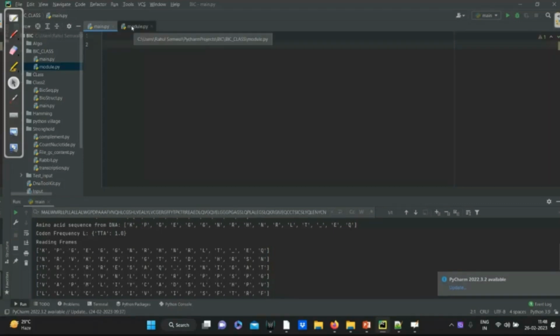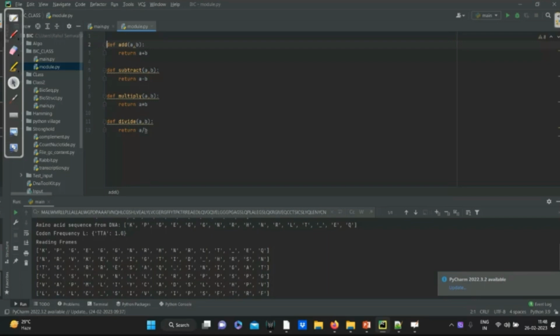So in the module.py file, I am creating arithmetic operation functions. Now, suppose I need these functions in my main file. This is the module file, and now I am switching to the main file. How do we call this functionality to get our task done? I need to tell